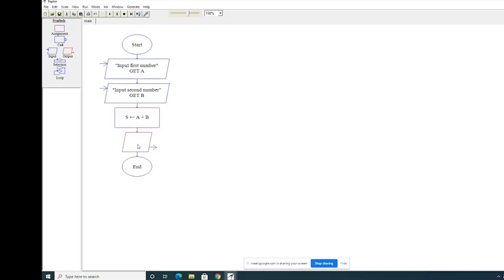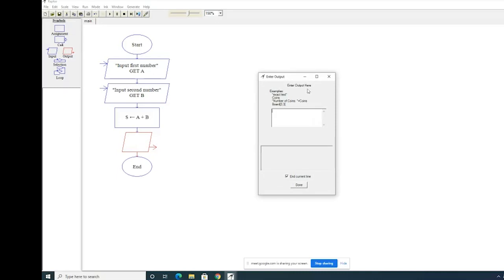Now I have taken an output box, so I have to display the value of sum. I have written sum is for the message. Now I am trying to put a variable, but it will not accept. It will only have either a message or a variable.